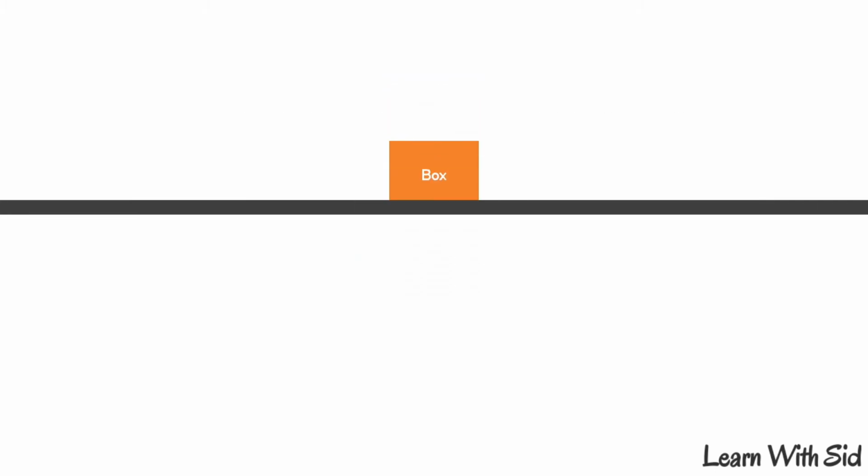Consider the same condition of a horizontal surface and a box, and initially we are applying some force, that is 1 Newton. But the box is at a static position, that is, it will not move because the frictional force generated is also equal to 1 Newton. Therefore we can say that capital F, the applied force, is equal to the frictional force, small f, that is equal to 1 Newton.